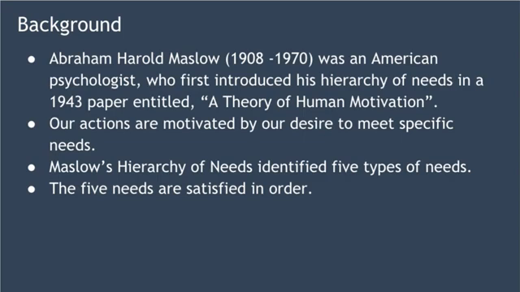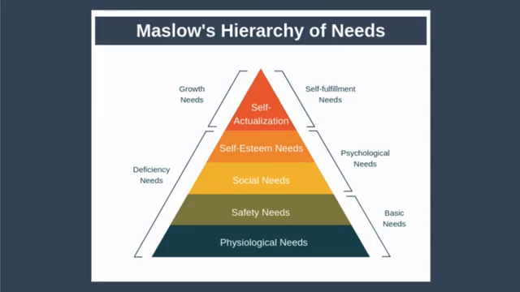Now, the 5 needs come in a particular order. Only when one set of needs is satisfied will you think about meeting the next set of needs in the hierarchy. Let's jump in and take a look at the model. From the bottom to the top, Maslow's 5 levels of needs are physiological needs, safety needs, social needs, self-esteem needs,